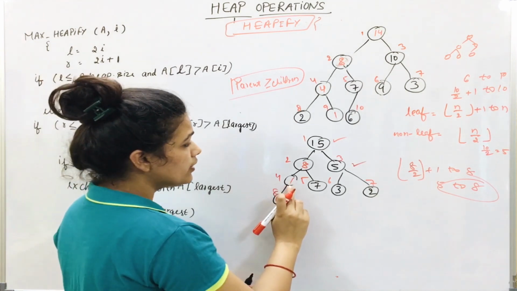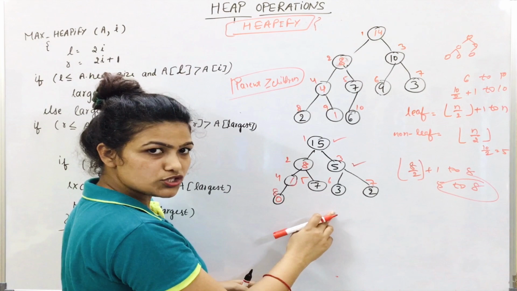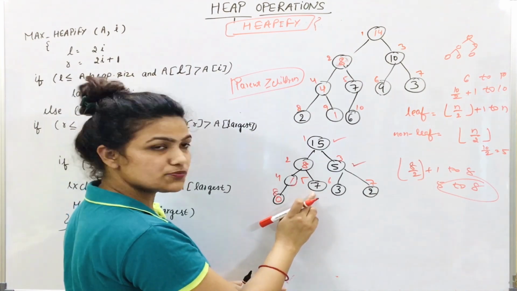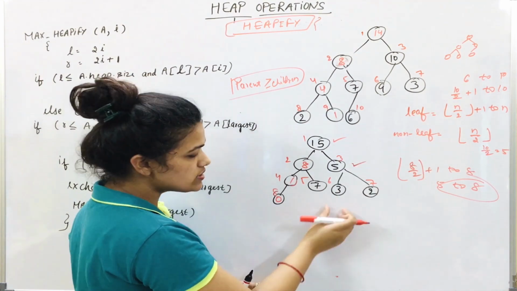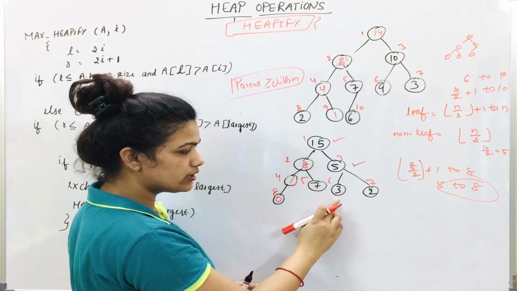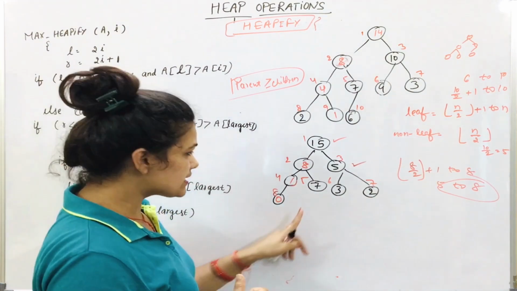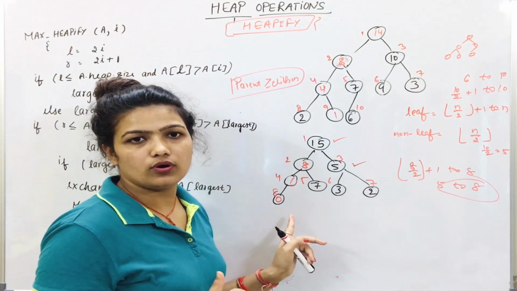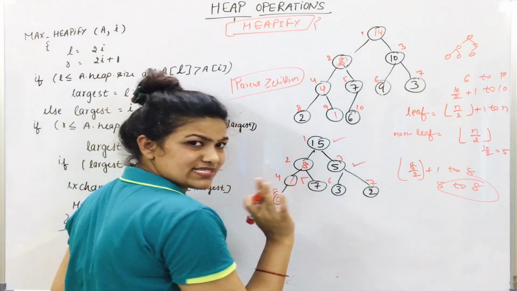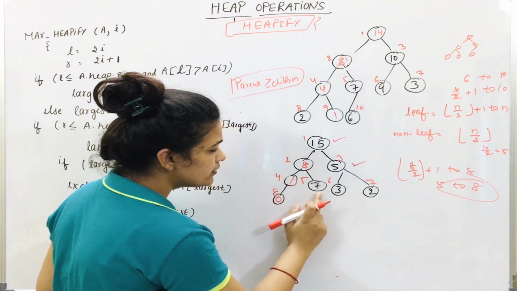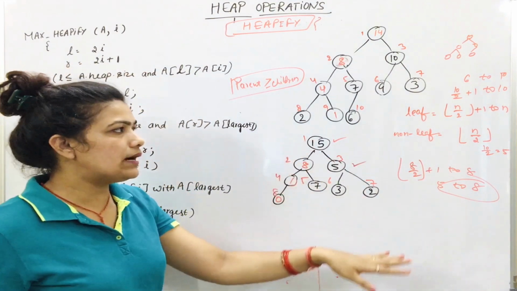Simple. Now we will move to next index position, fifth. But there is no children, nothing to compare, means it is by default max heap. Next children, this is by default max heap because there is no children, nothing to compare. In the same way, this child and this child also. I have already discussed this property that every leaf node is by default a min heap or max heap. Because see, you can say simply, there is nothing to compare. These are by default min heap or max heap simply. So these are two examples.